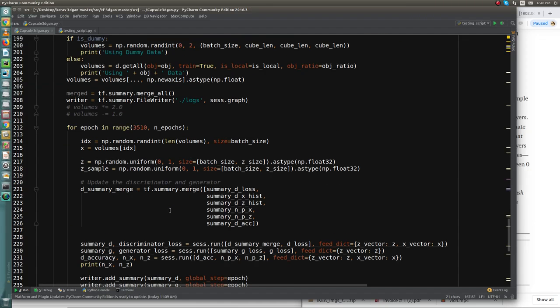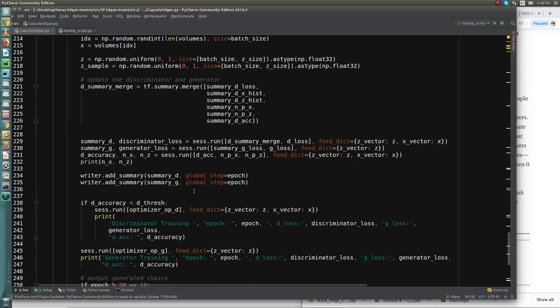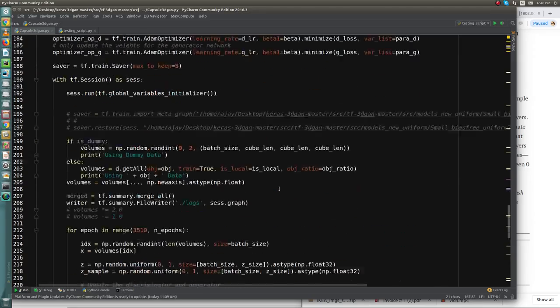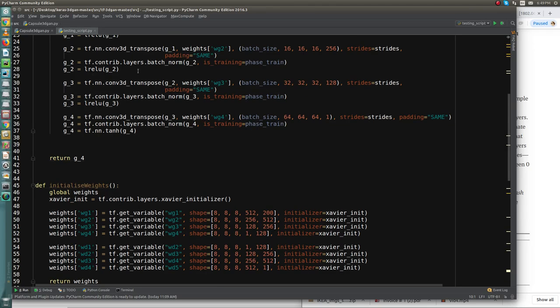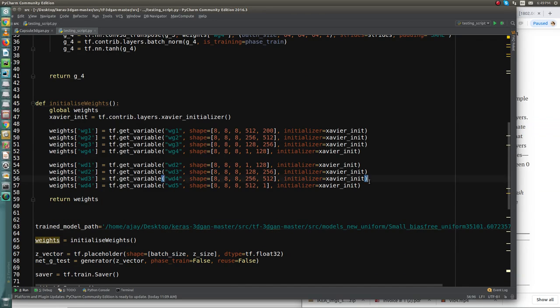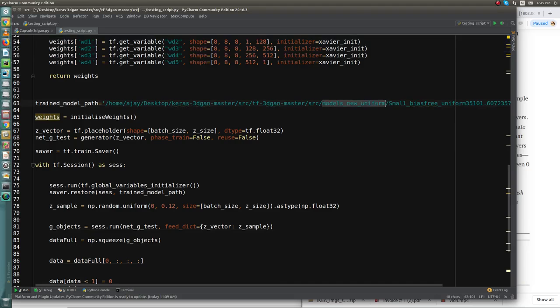If you don't know about TensorFlow and other things, you can go to my other video where I explain the basics of TensorFlow and how the weight matrix and bias and things like that work. Okay, so I ran this model for around 3.5 hours, and I generated some weights which are put here. This is the weight matrix I obtained corresponding to the best output.